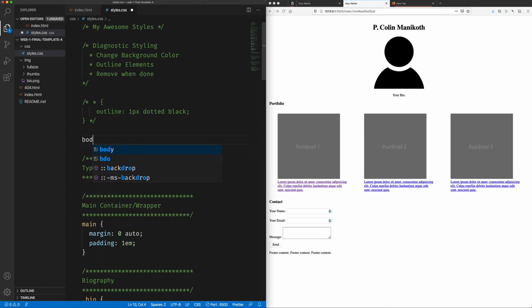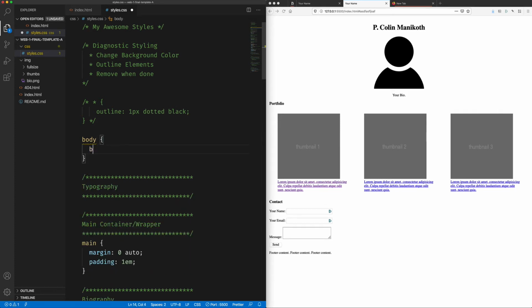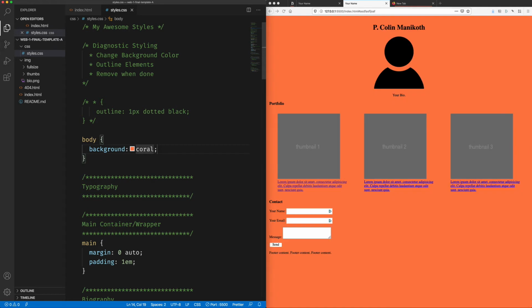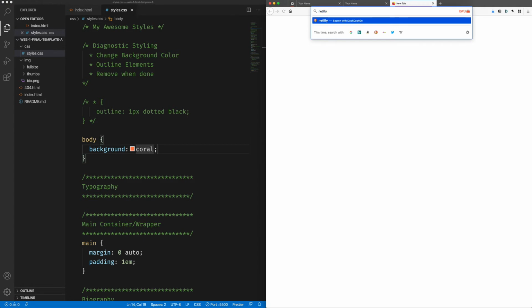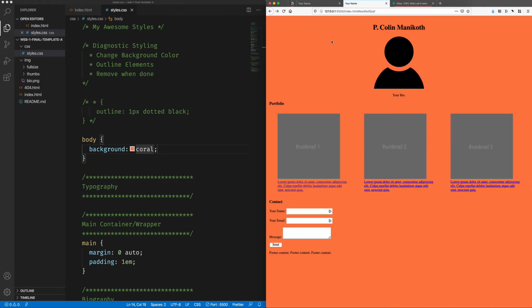Set your own background and set your own body color. I'm going to go in here, and of course it's going to be set to coral. So let's say this is all done. I like the way this looks. Now I can go to Netlify, pretending that I like the way it looks, and I've designed this, and things